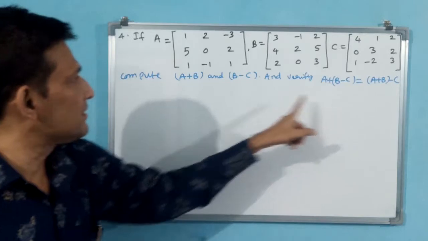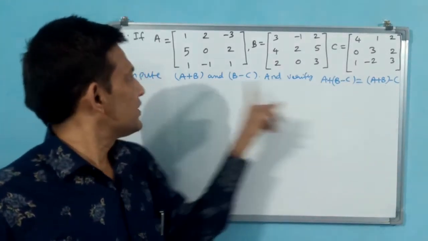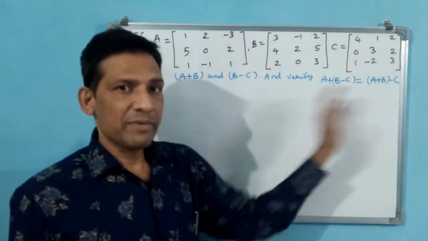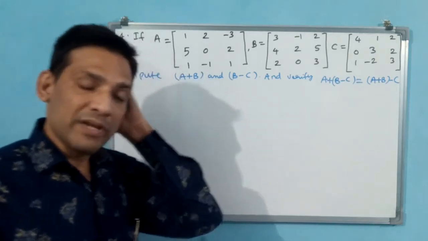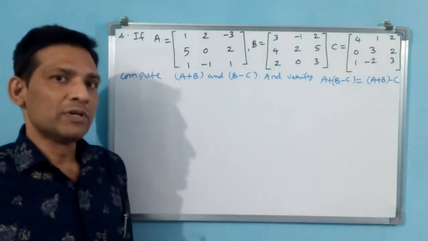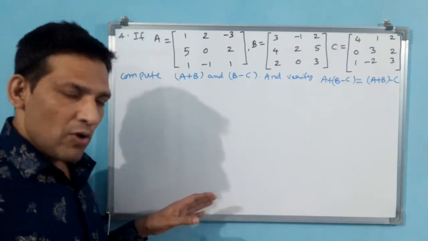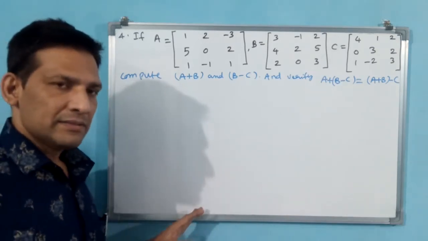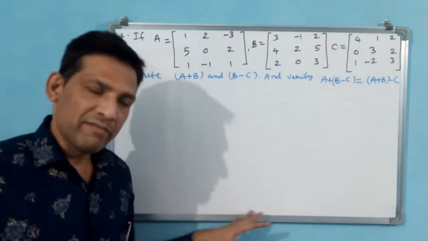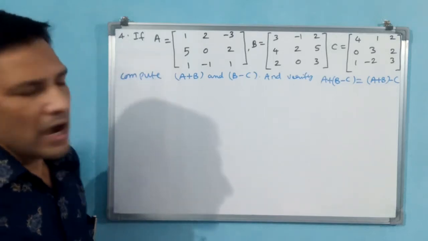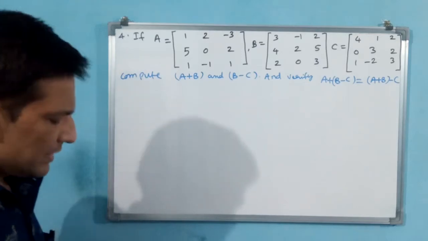That means B minus C already you have done. Add A to that one. And A plus B already you have done. Subtract C from it. Verify whether both are equal or not. Verify means they are not asking to prove. Sometimes it may become equal, it may not become equal. You have to write finally if it is okay, then A plus B minus C is equal to A plus B minus C verified. Or else verified and found not okay also you can write if it doesn't come.